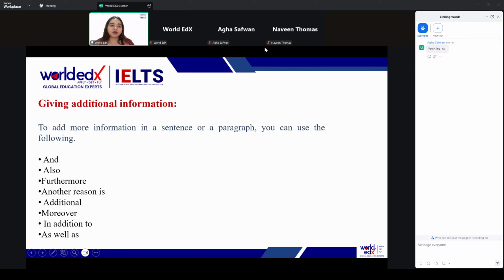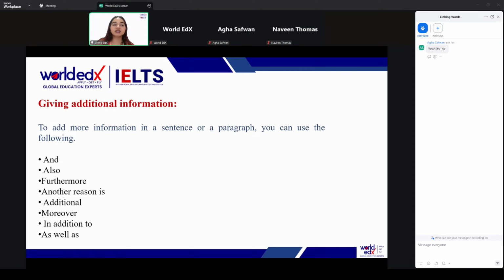So when we start, we are going to begin with the linking words for IELTS speaking. So speaking is pretty generic. When you want to give more information, you can definitely use and, also, furthermore, another reason, additional, moreover, in addition, as well as. All of these connectors signify the same meaning, that you're going to add more information, you're going to expound, you're going to add more insight to